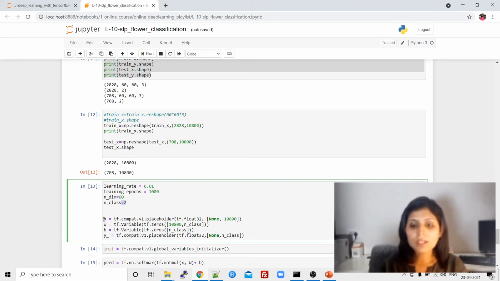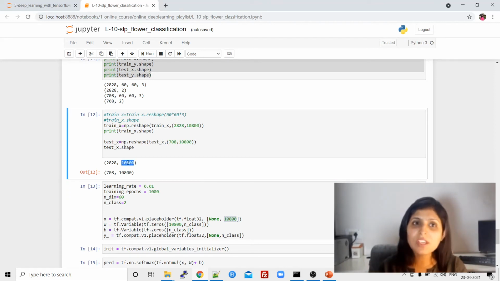Now what do we need? We need X input. See over here, the very last line. Why am I writing 10800? So this is the dimension of our input image, right?